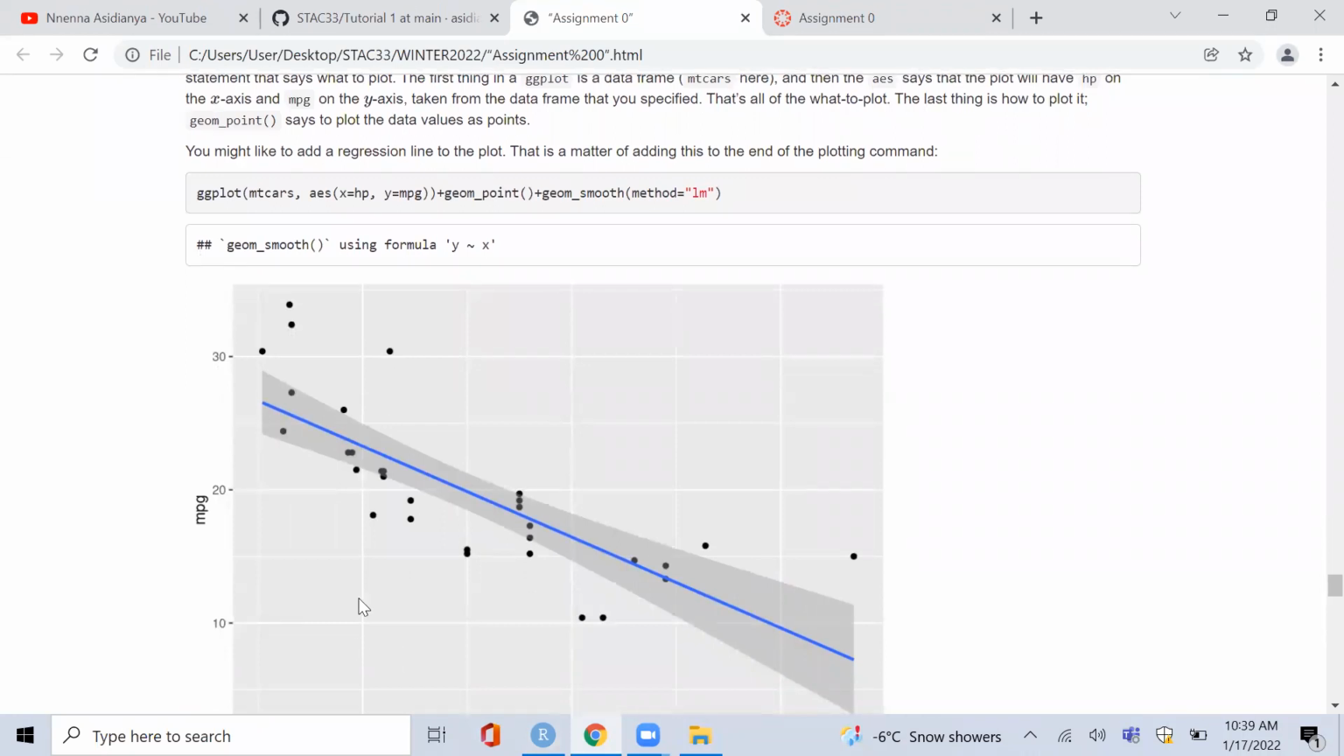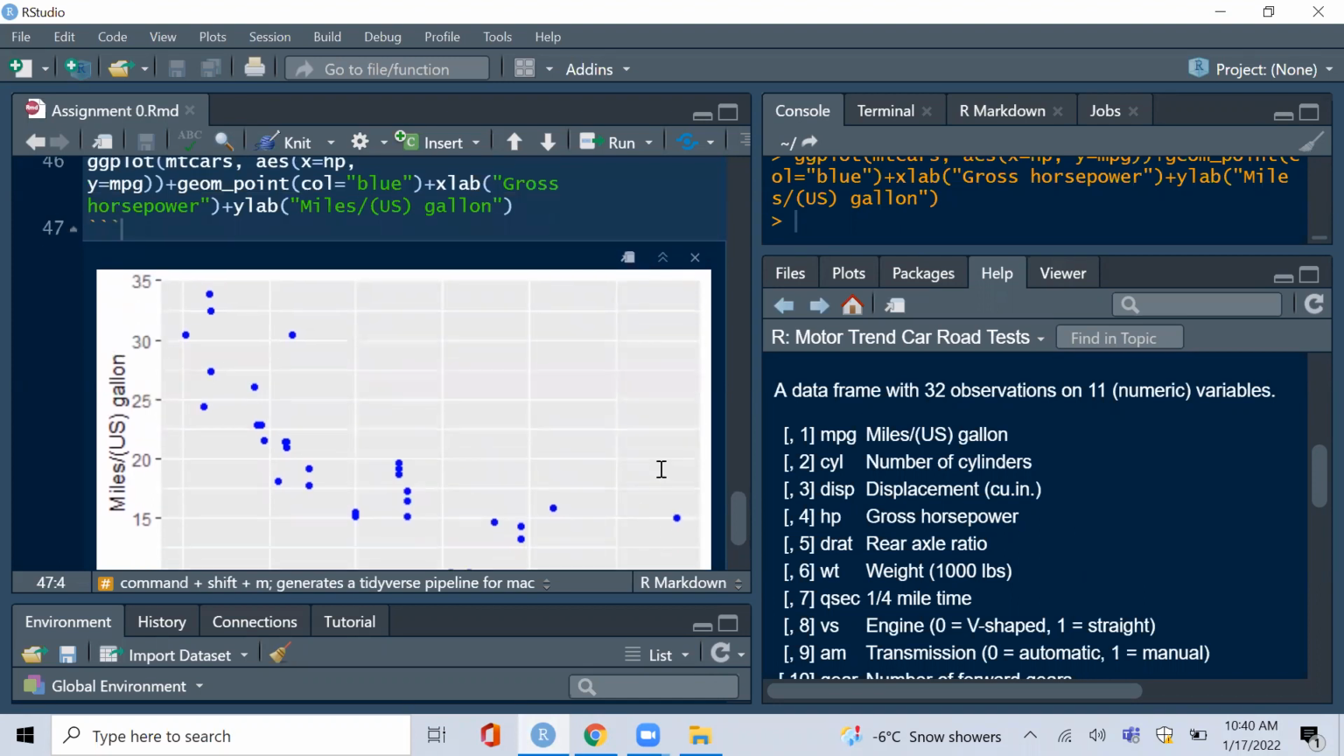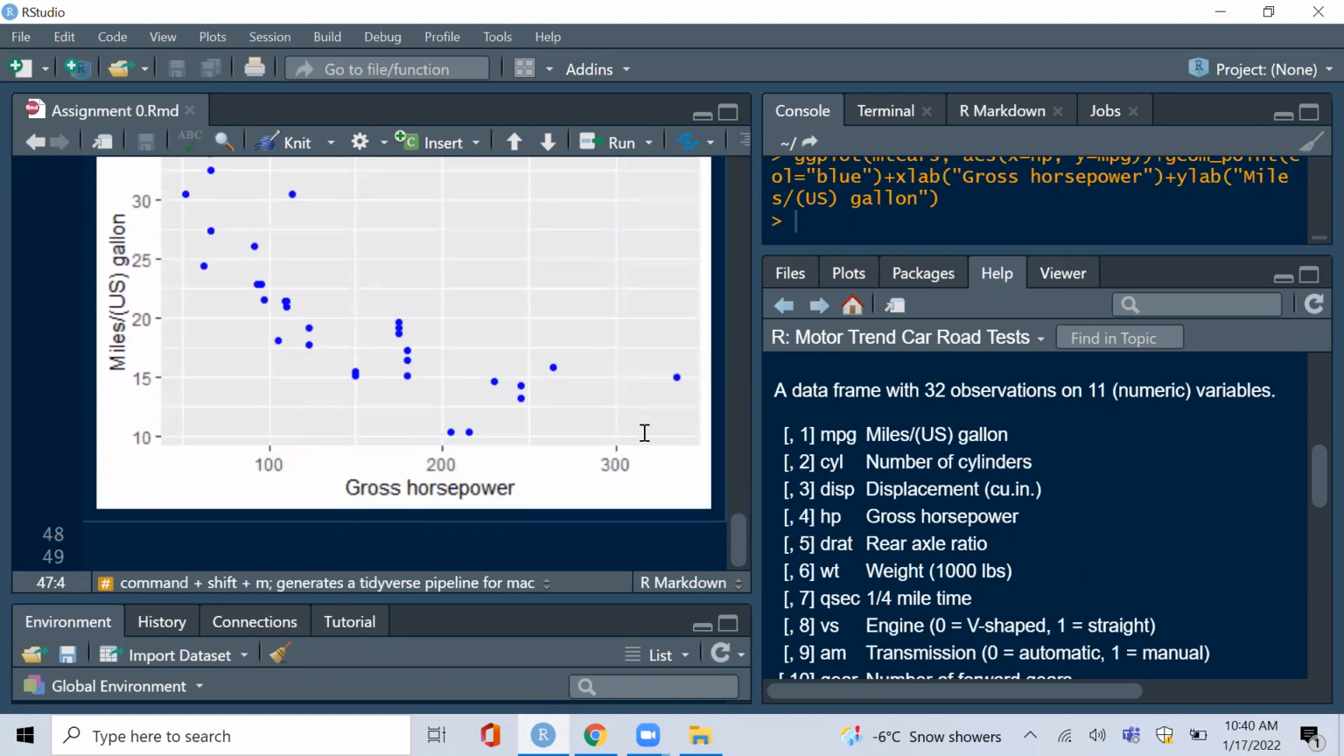This is a linear regression model he's doing here. When he puts geom smooth, he's saying, let's put a line of best fit through these points, because you can actually see from the points that there's some kind of decreasing linear trend. You can see that as the gross horsepower increases, it seems that the miles per gallon decreases. Your car is probably becoming less efficient,